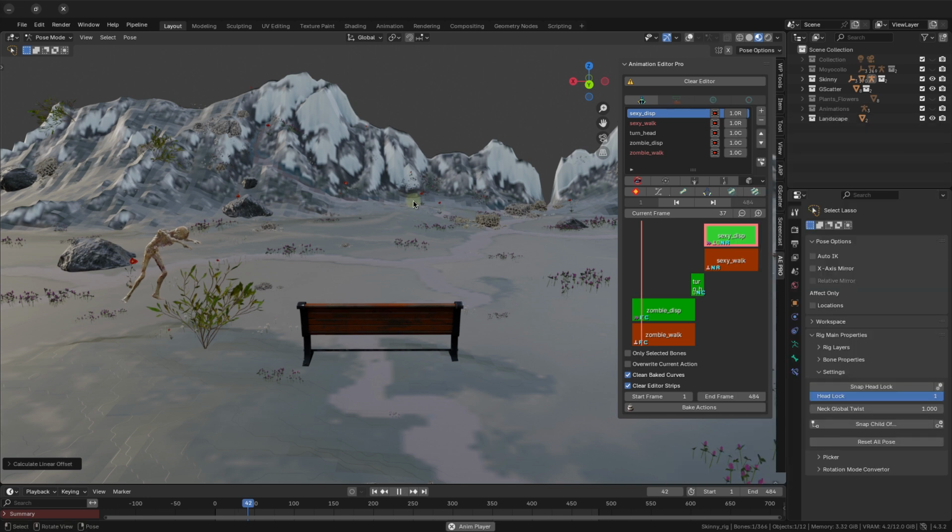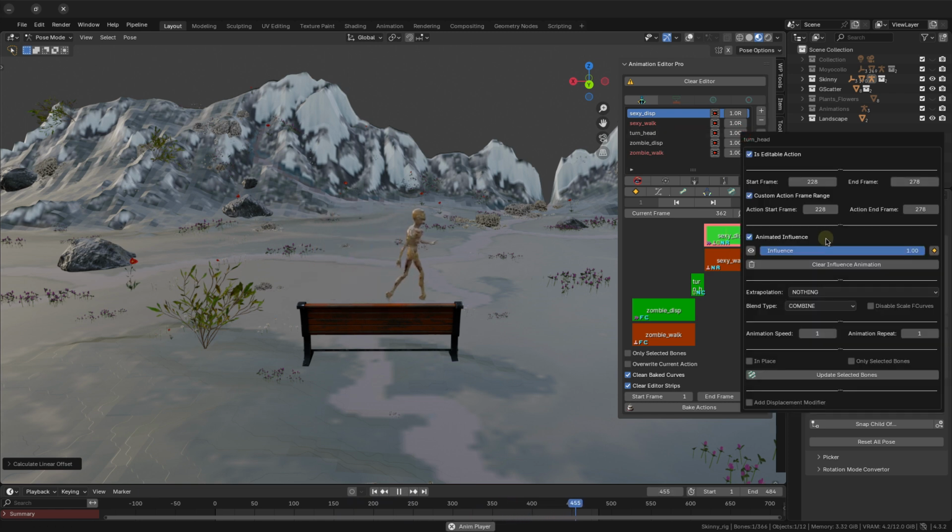Alright, let's watch it. It looks almost fine, the problem with the sexy walk location was solved, but the transitions are a bit abrupt,